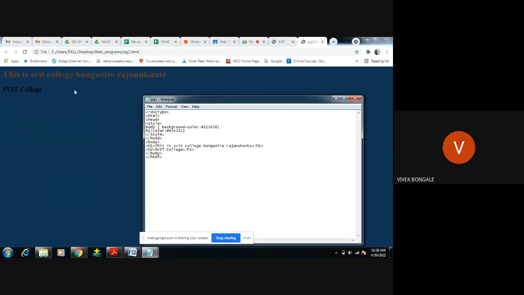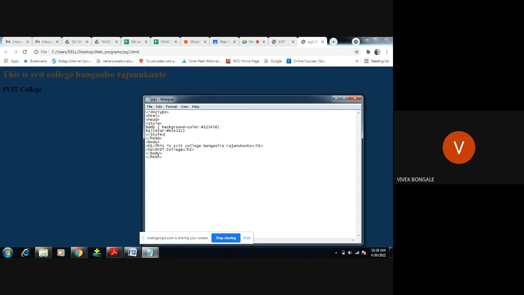For this color code, the background color is displayed as blue. This hexadecimal value is for blue color. And 6 5 4 3 2 1 is the coffee color, the hexadecimal code for coffee color.